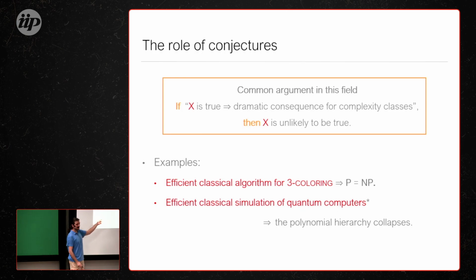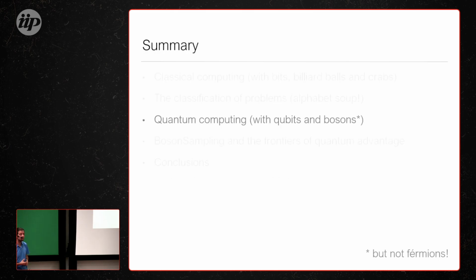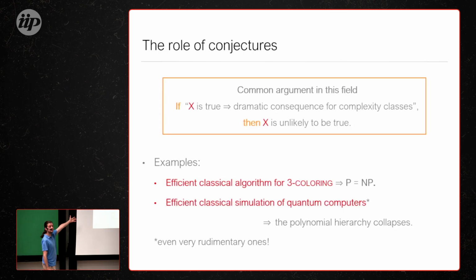Now, the interesting thing is that this remains true even for some very rudimentary quantum computers. Some very simple quantum computers that are not universal, that are not full-fledged, that are not very big, also have this property. And this is what I'm going to talk about now. This is where the story of quantum computational advantage comes in: on very experimentally friendly devices that are not full-fledged quantum computers, but have this property that they cannot be simulated. If you were able to simulate them on a classical computer, everything would be weird and collapse.